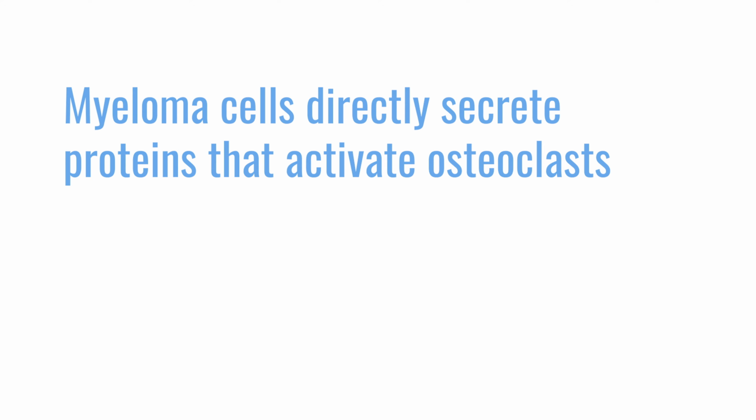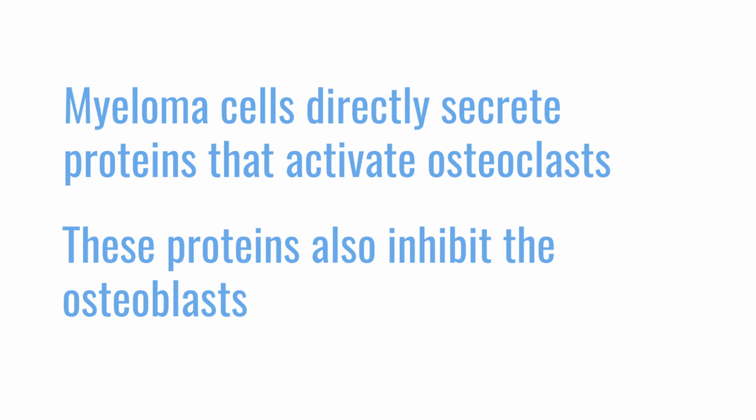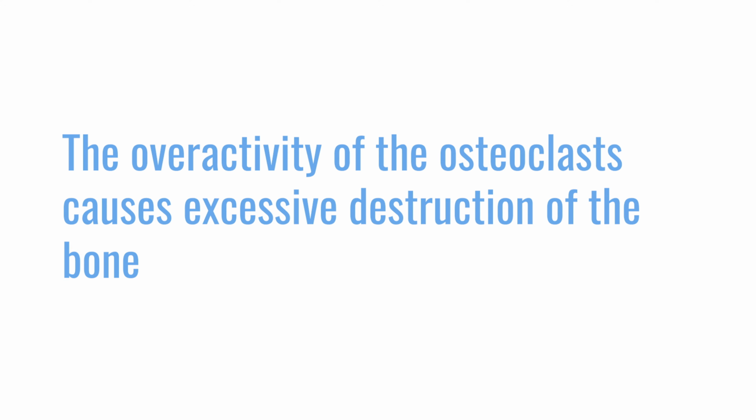So in multiple myeloma, we know that the myeloma cells directly secrete little proteins, cytokines, growth factors that, again, as I said, activate the osteoclasts, but inhibit at the same time the osteoblasts. So what you end up is that you have a hole in your bone. We call that lytic lesions. And this is because the overactivity of the osteoclasts, of the bone-eating cells, really cause that excessive resorption, destruction of the bone. You can have larger lytic lesions up to a centimeter, several centimeters, but those lytic lesions can be